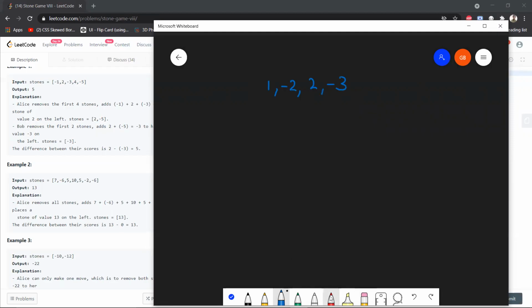Now, see, the thing is, very interesting to note. This is why I was saying that we can reduce this hard problem into a much simpler one. If you traverse from the backside of this array, you'll notice one very important thing. The second player, the value that he's selecting, ought to be on the right hand side, right? So we iterate from the right hand side and we give him a value and we name it answer, right? We have given him the value. Now we have to select a value over this area such that the difference between this answer and the value that we select is maximum.